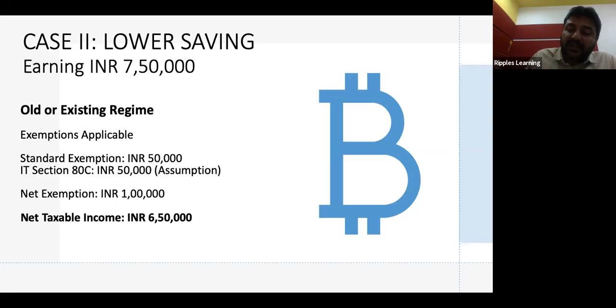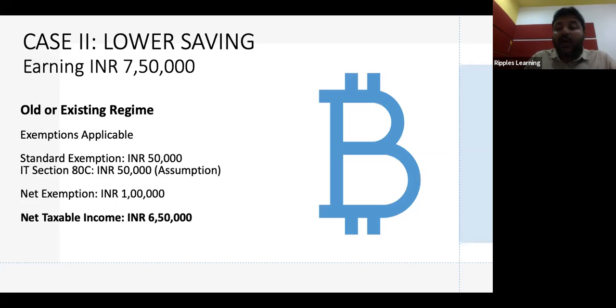You are able to claim all of that in the old regime. So old regime has higher tax slabs, higher tax rates, less number of slabs, but it allows you to save using instruments where you are either taking a loan or saving or doing investments, right? In the new tax regime, the tax rates are less, the slabs are more in number, but the way you can save by investing or taking a loan or otherwise, those instruments are almost not there,